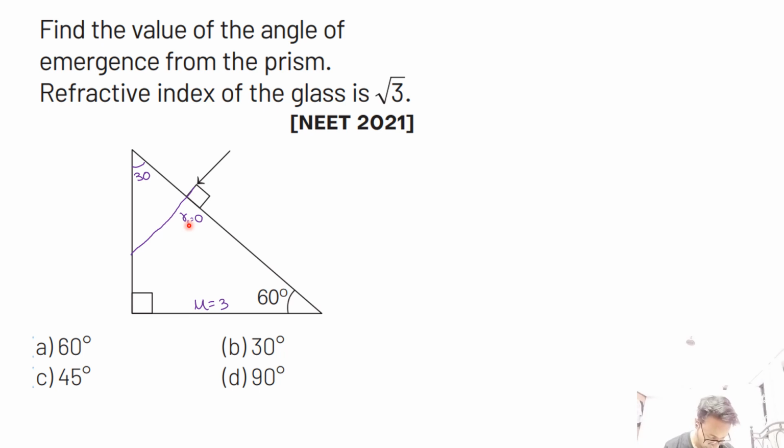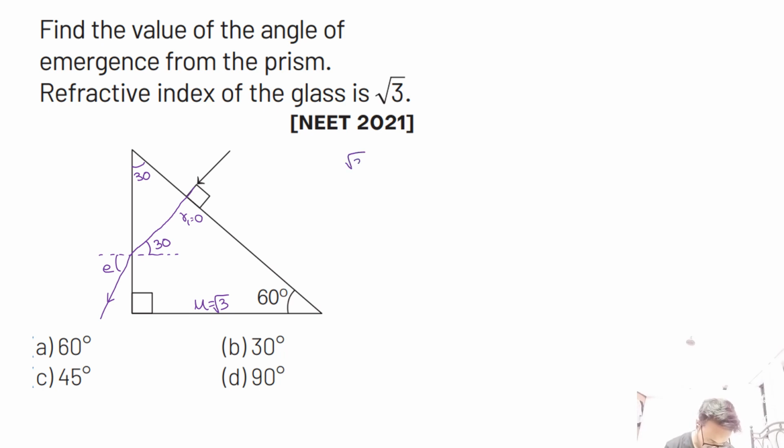Now since we know that R1 plus R2 should be equal to A, we directly know that R2 is equal to 30 degrees. Okay, and therefore the angle of emergence can be found out using Snell's law, where